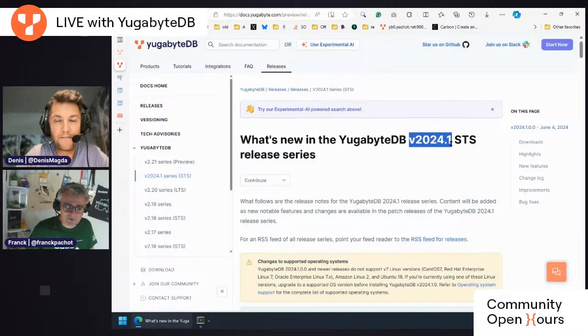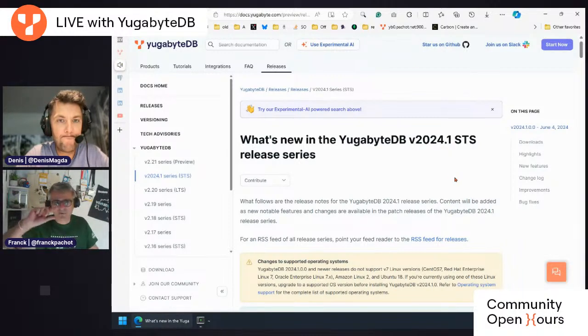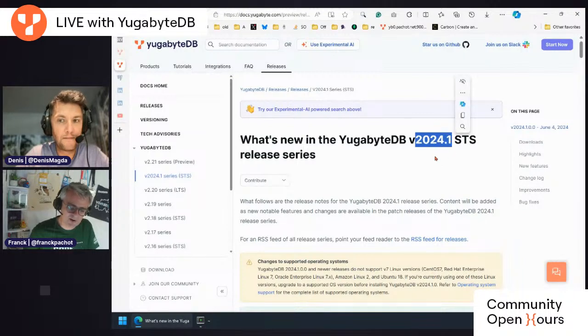Before that, we used the second number with even and odd numbers to qualify stable or preview, and that was not easy. Now the stable branch has the year and the number in its name. So the new version is 2024.1.